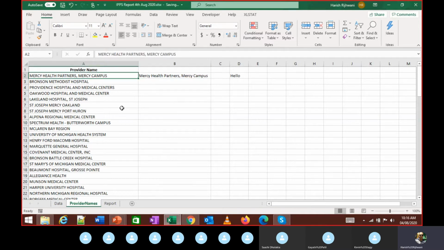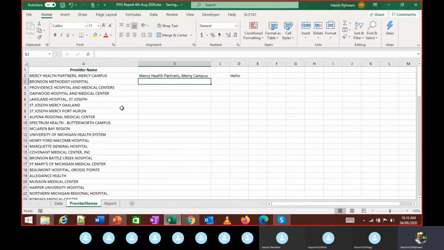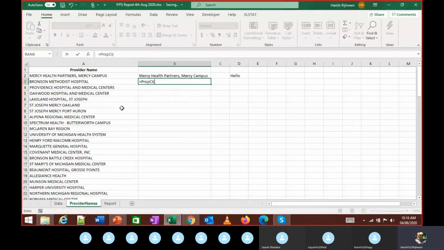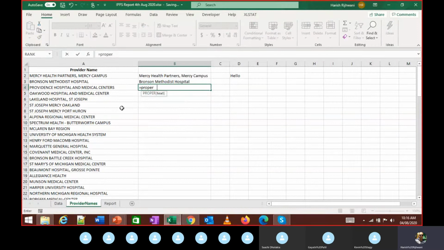So to apply this to the entire range, either I go on writing over here proper like this for each and every cell, which is not going to be practically feasible.